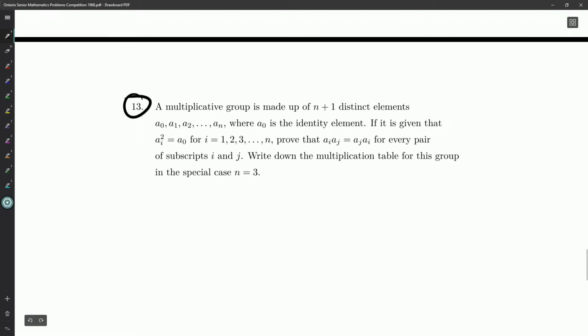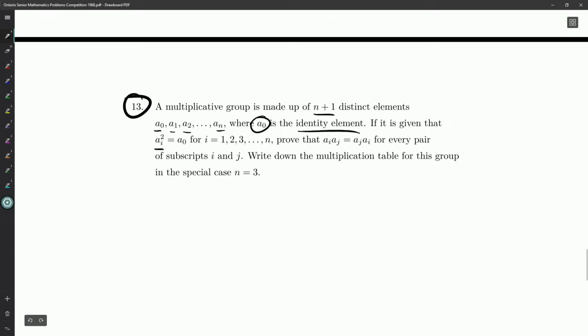A multiplicative group, apparently they did group theory back then, is made up of n plus 1 distinct elements. We're going to label them A0, A1, A2, all the way up to AN, where A0 is the identity element. I'd personally prefer to call it E, but that's just the way I was raised with group theory. Other people probably want to call it 1. Anyways, if it is given that